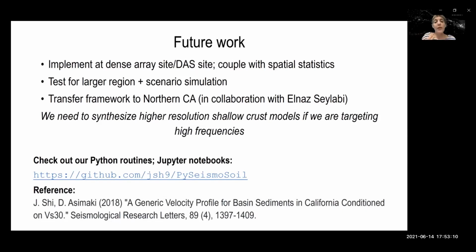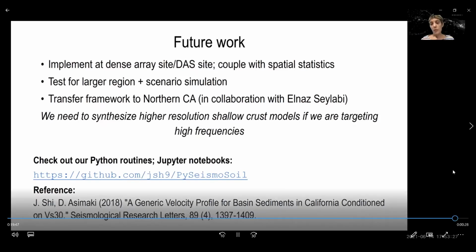But the important thing is that if we target high resolution, we cannot do it without improving the shallow crust models. And we are encouraged by the fact that a simple one-dimensional data-driven model that is just constrained for a specific region and a certain time of sedimentary deposits in basins in California is showing promising results in terms of improving the site amplification and the profile characterization.